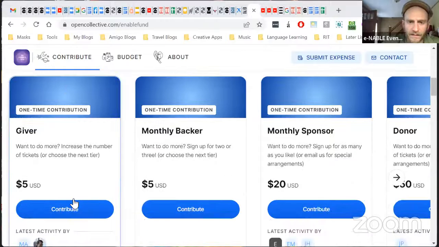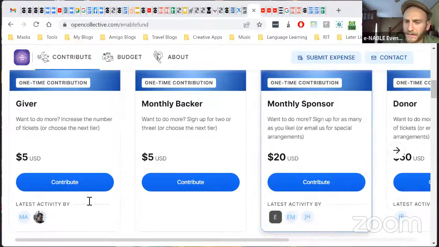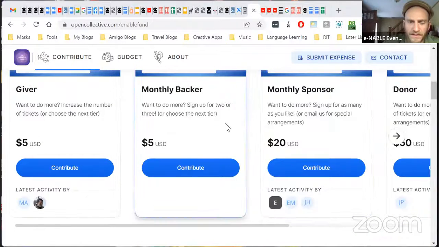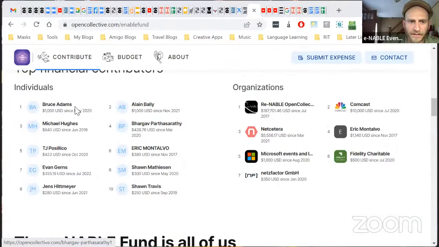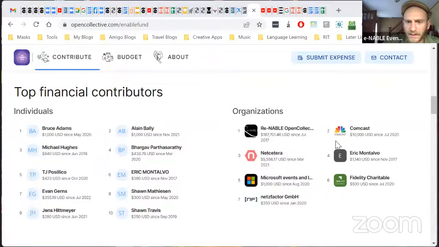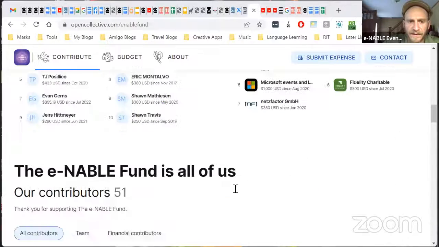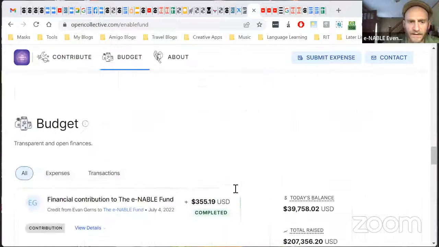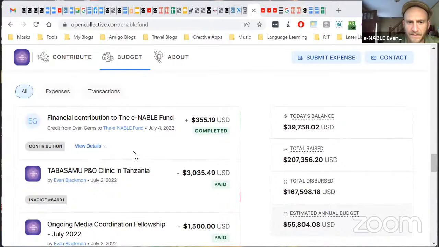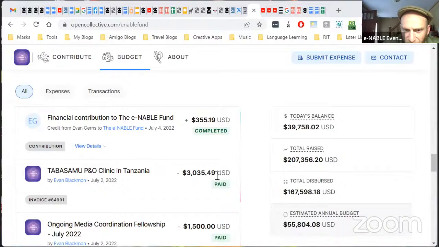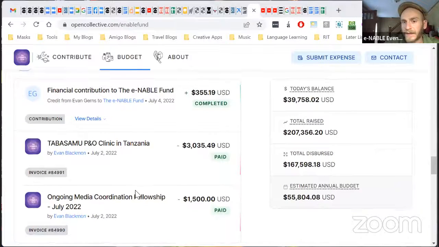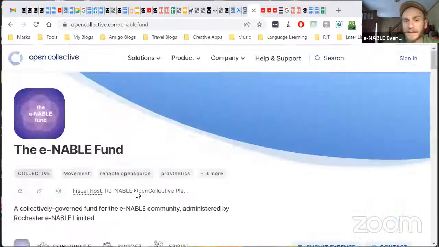And you can see that there are donations that people can make, small donations, larger donations, but you can also see different financial contributors. You can see organizations that have been involved. You can drill down into some specifics, so you can see this Tanzania project was $3,035. It was paid on July 2nd. So it's all transparent, and it's small funds. I mean, e-NABLE really is,